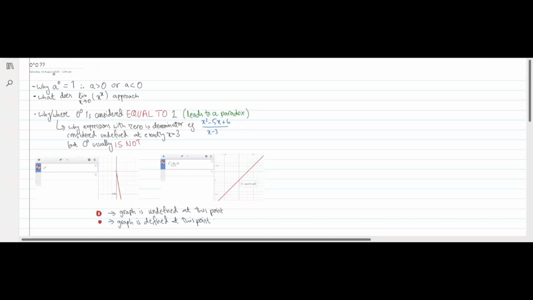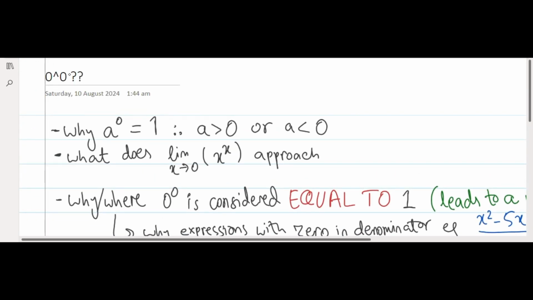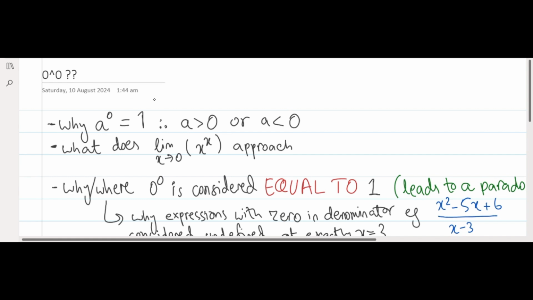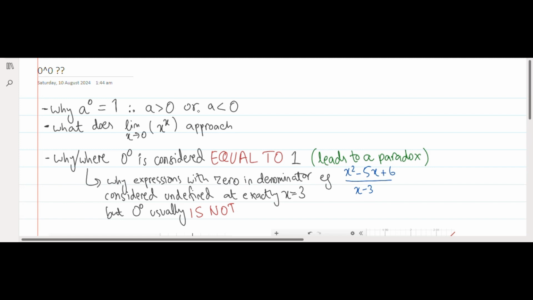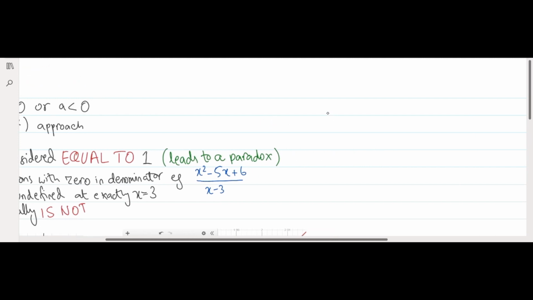Today I wanted to discuss the common mathematical question: what is 0 raised to the power 0? You encounter this a lot when you're working with limits. When you start working with limits, 0 is always an annoying number to deal with, right? So we are going to face the dilemma and answer why the value of 0 raised to the power 0 is what it is. To begin with, let's learn why 0 raised to any other power, for example 0